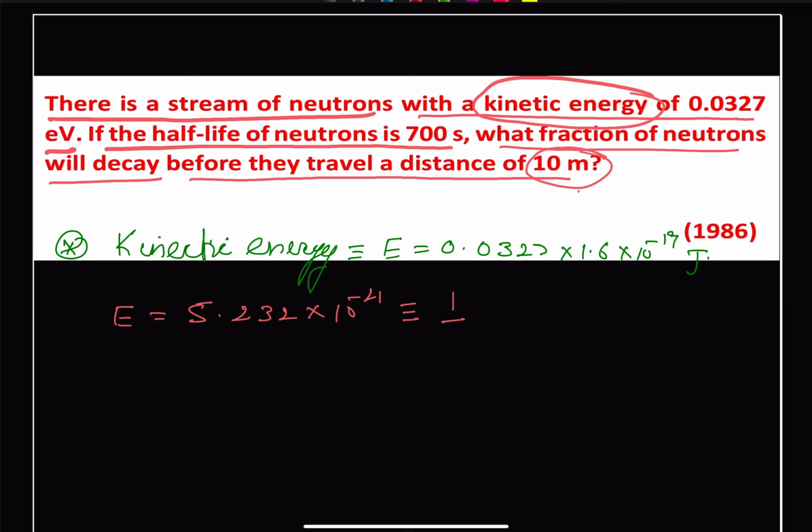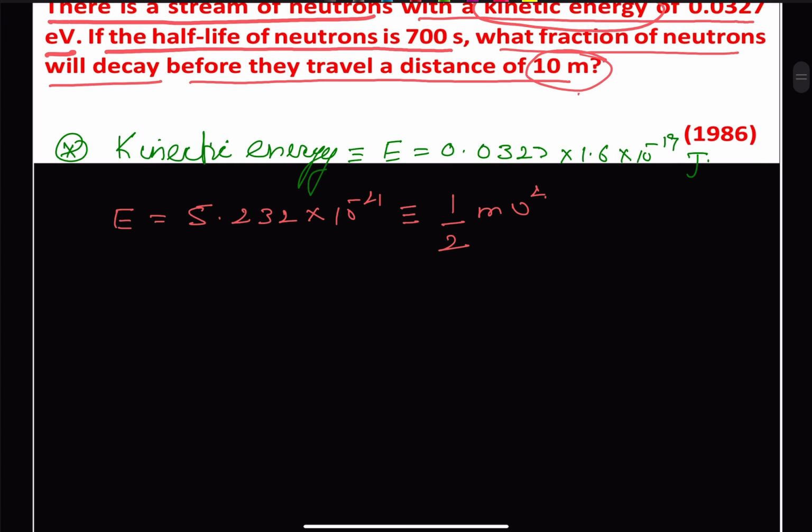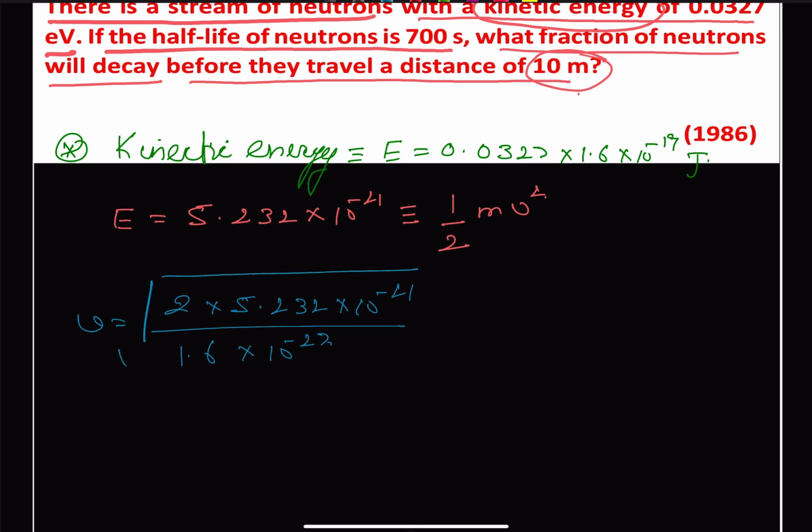So obviously we can equate it to half m v square. So from here we can write that our velocity will be equal to the square root of 2 into 5.232 into 10 to the power minus 21 divided by mass, which is 1.6 into 10 to the power minus 27. So our velocity will be coming approximately equal to 2499 meter per second,